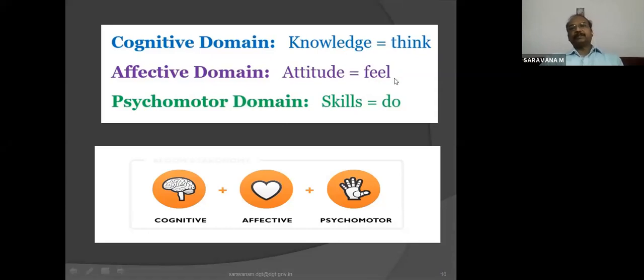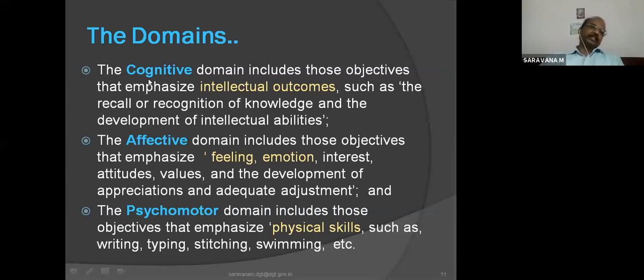And attitude is feeling, feel good factors. Emotional acts are coming under affective domain. Then skill, the performance, whatever practical demonstrations or practical skill or practical work related to physical activities, psychomotor domain. Or you can see the brain, cognitive, and the heart related to affective, and the physical skill is related to psychomotor. So this is the detailed and simple explanation and the relationship with each domain: cognitive domain, affective domain, and the psychomotor domain.